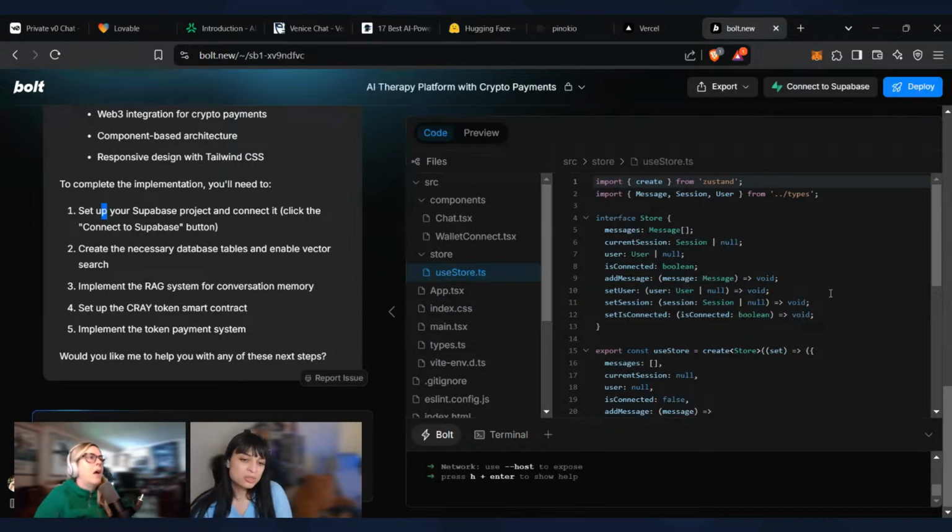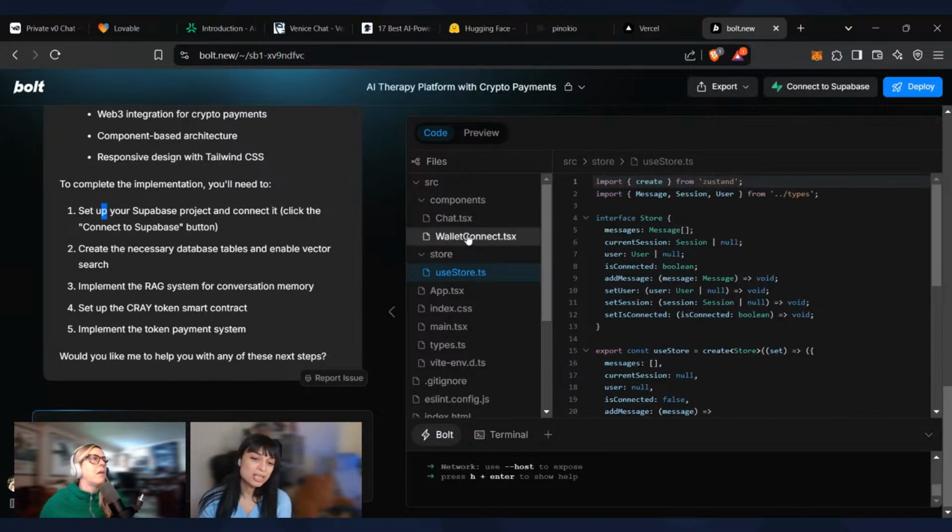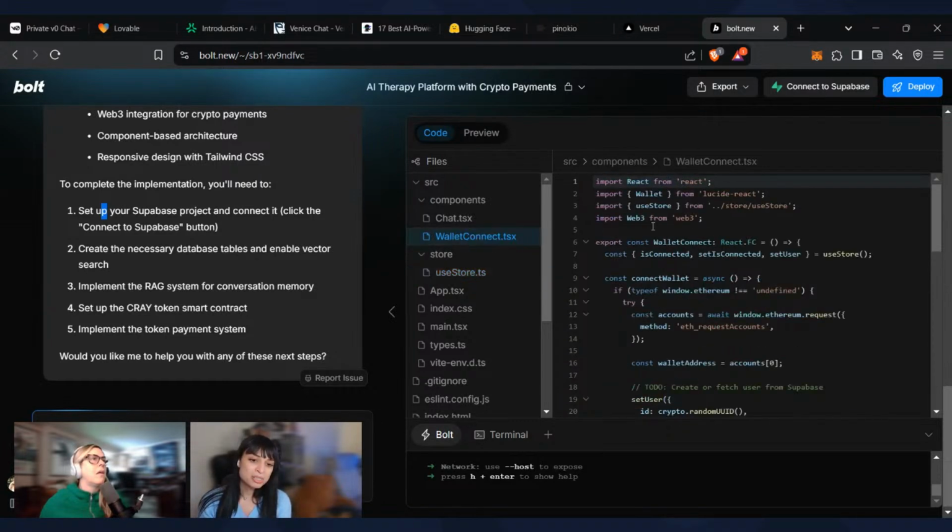So it has users, messages, set a user, set a session, and then it has connection status. I guess if you set your wallet with a Connect wallet, it probably has a use store to see whether the user is connected. And if the user is connected, then it's going to display certain things like the stream chat. So I'm going to guess that the chat component is taking in whether someone's connected.